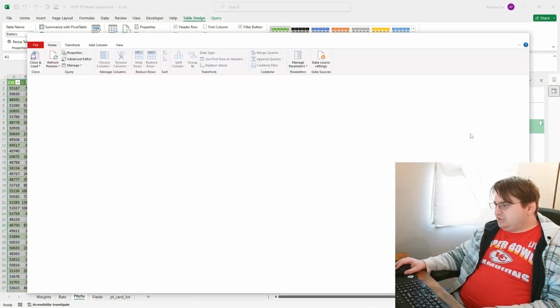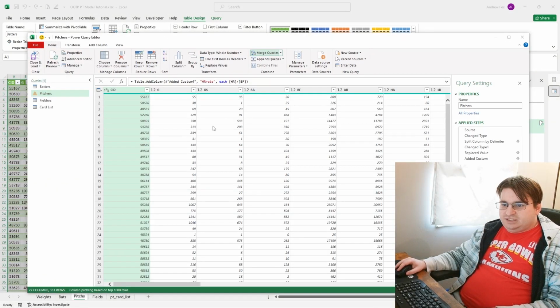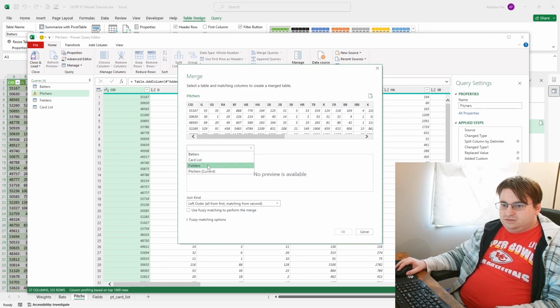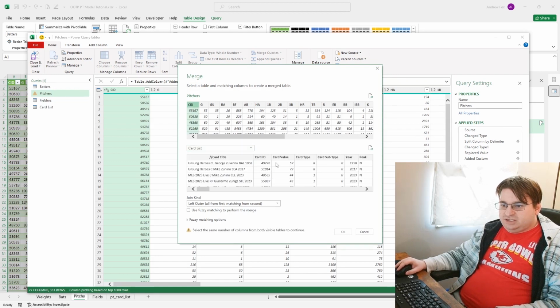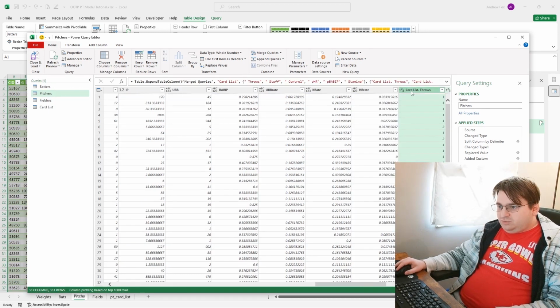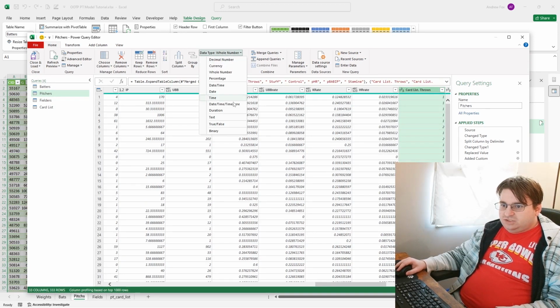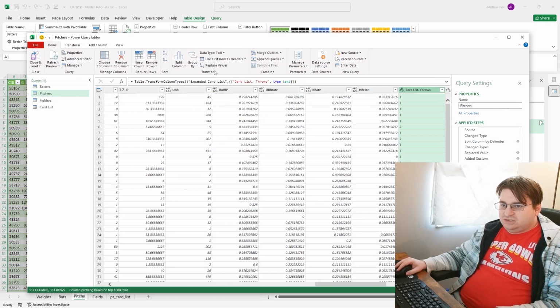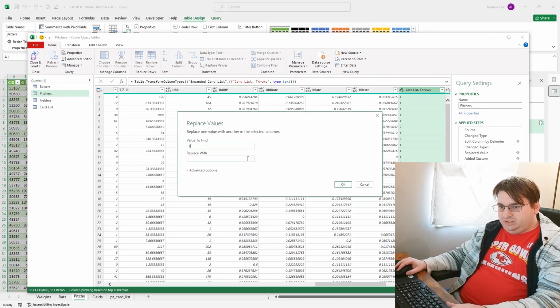We're actually doing pretty much the same thing with pictures here. Merge queries again with card list, and it's CID and card ID. Again, matches 333. Open this up, unselect, and this time we need throws and scroll down, stuff, control, home runs, BABIP, and stamina. Again, we go to throws, highlight only that one, change that back to text, and replace values. 1 is R,